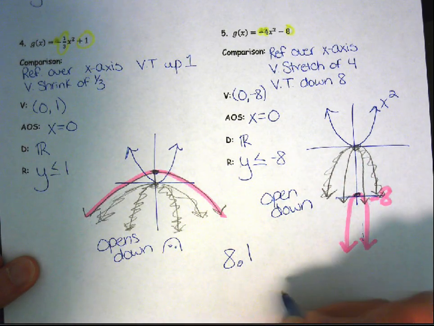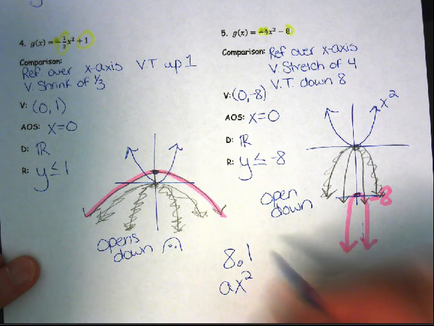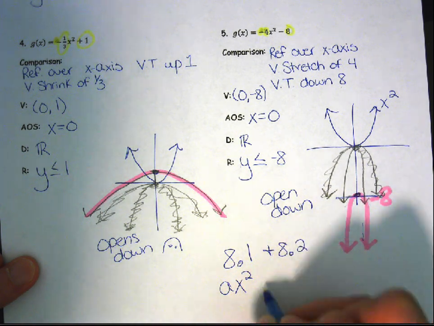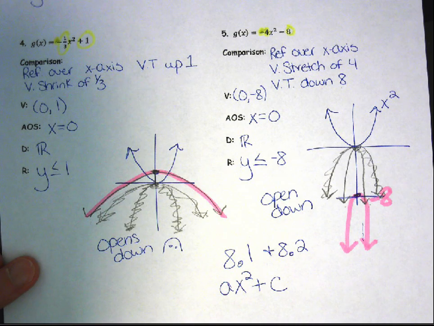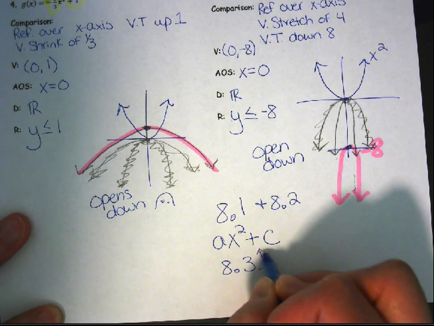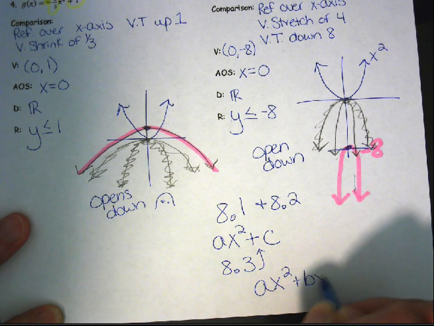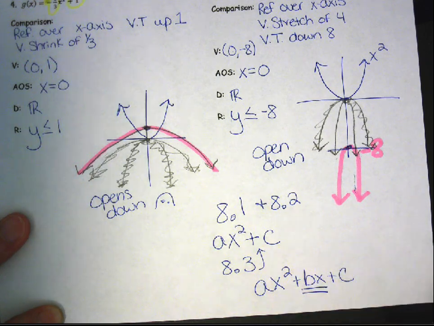8.1 was just the x squared part. Just what does this front number do? And then in 8.2, they just added on the constant. Now, in 8.3, they're going to put the middle term in. So they're going to do ax squared plus bx plus c. They're going to throw that middle term and you're going to have a